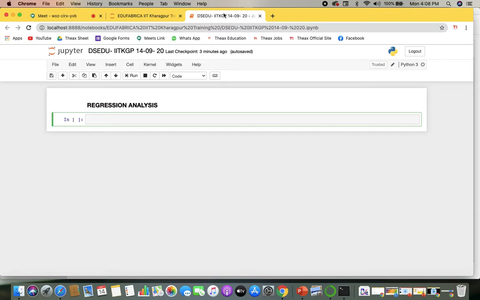So what is linear regression? When you talk about linear regression, this is one of the easiest statistical models in machine learning. It is used to show the relationship between a dependent and an independent variable. That's a very simple syntax, and the equation we use there is